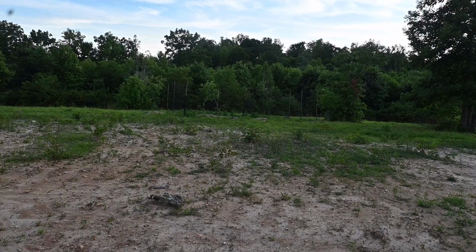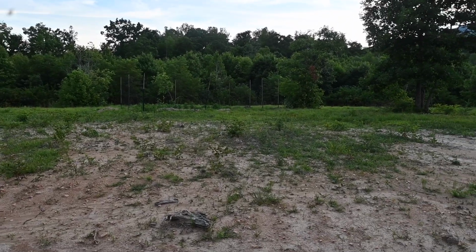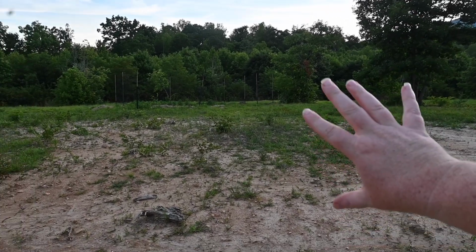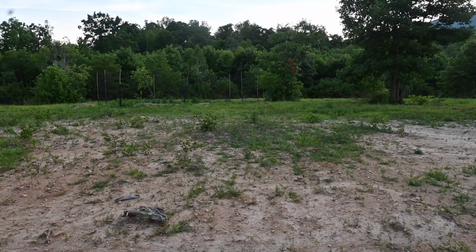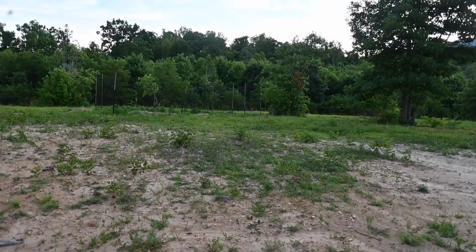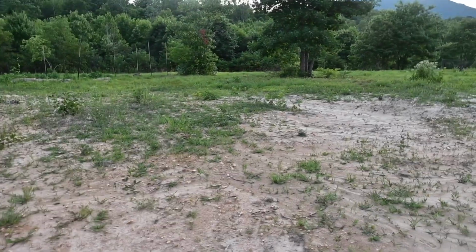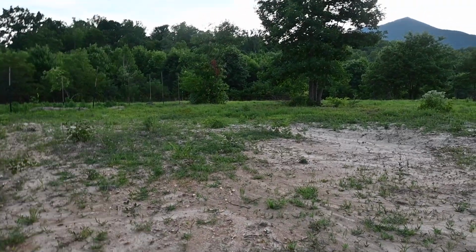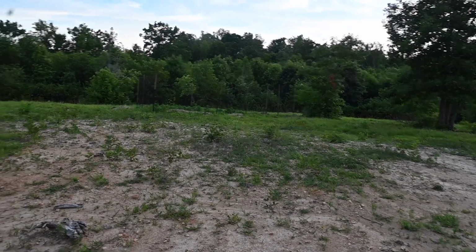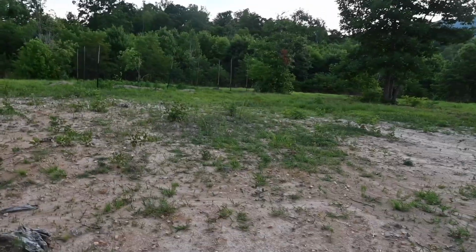Now, if we do end up building our house back here sooner rather than later, we are discussing moving that main garden up here to this spot. That main garden was down there, and if Nana was building, we would have electricity and water for that greenhouse and that garden. Because she is not going to build on that lot for many different reasons, the electricity and water to that garden and greenhouse is really hard. So we are exploring the idea of moving the garden up here,